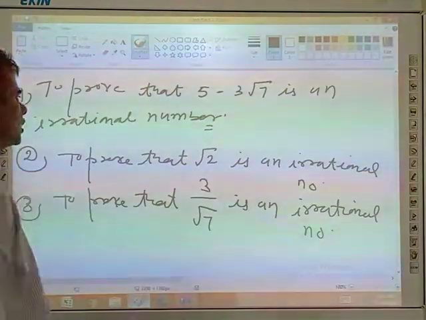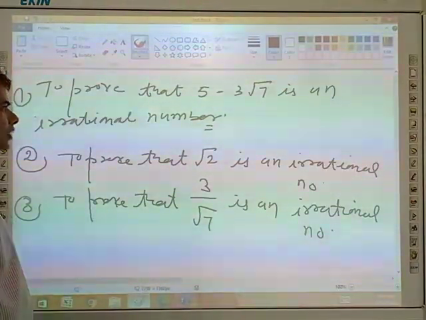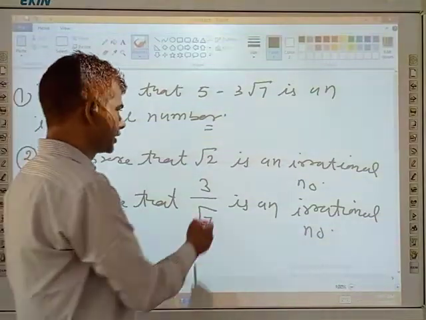Students, to prove that 5 minus 3 root 7 is an irrational number,